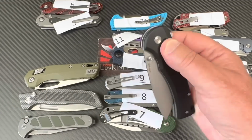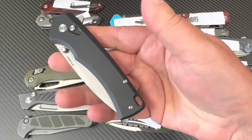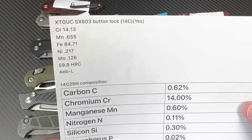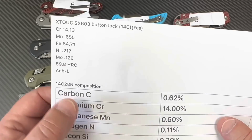Okay, so this is a button lock. What the hell is this supposed to be? It's supposed to be 14C28N. Come on, man. Is it really? Let's take a look, shall we? They're saying it's 14C. Is it? I said yes. I said yes, even though the test service says